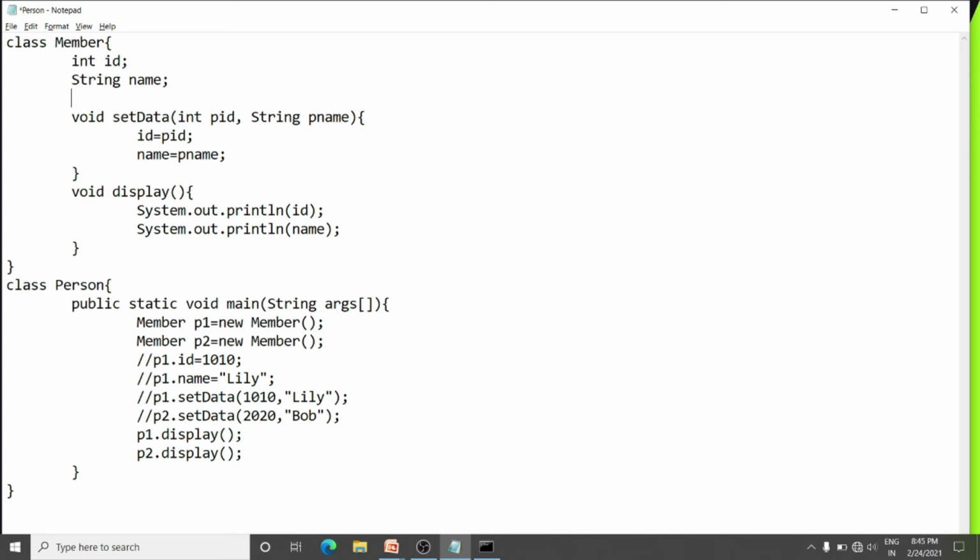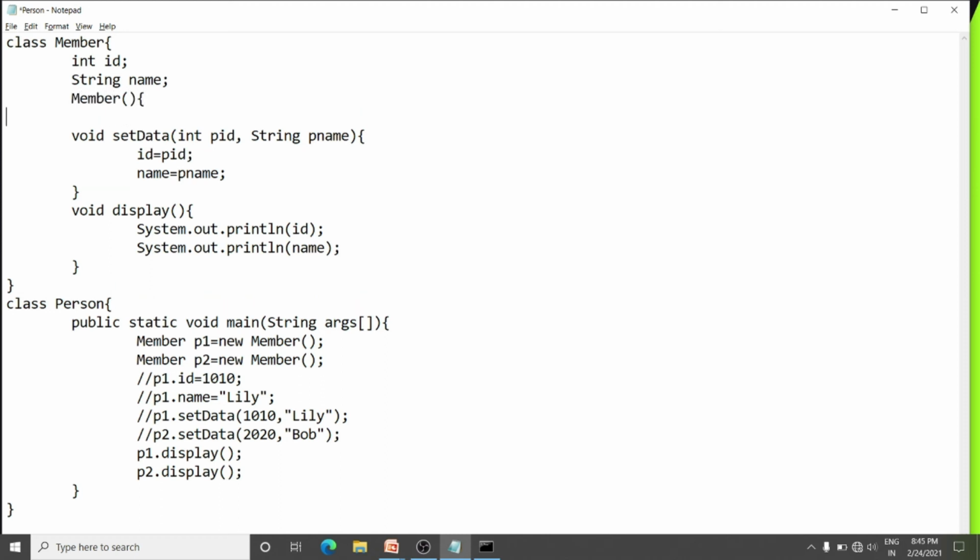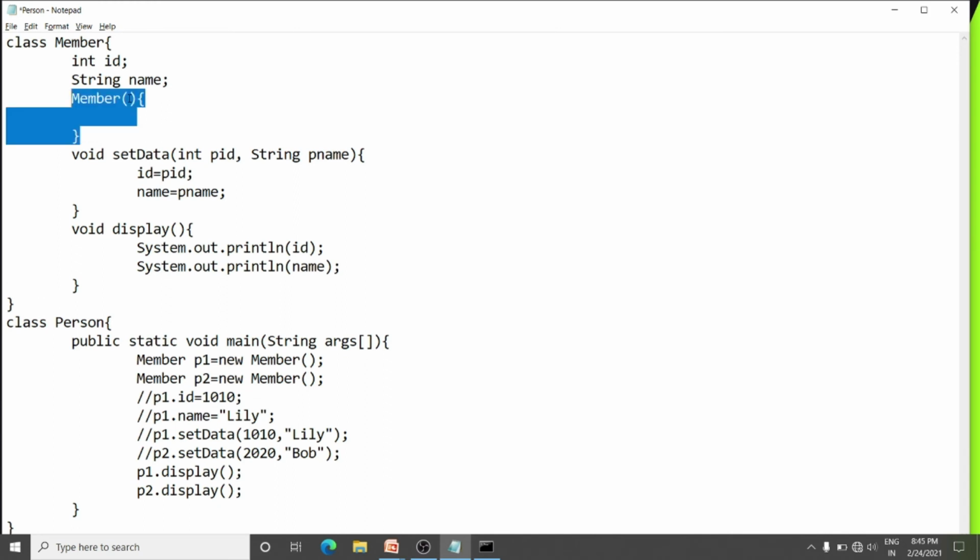The syntax of constructor is pretty simple. Just write the name of your class and then round braces. So name of your class is member here and then round braces, curly bracket, and here I will close it. Every class is having its default constructor. So this is the default constructor for the object where the brackets are empty. So here p1 and p2 both are empty. So this default constructor will be called automatically. So we don't have to call this regular method set data using object. Fine. Right now we don't need it. This bracket is empty for both the objects.